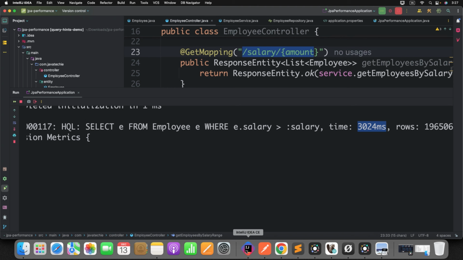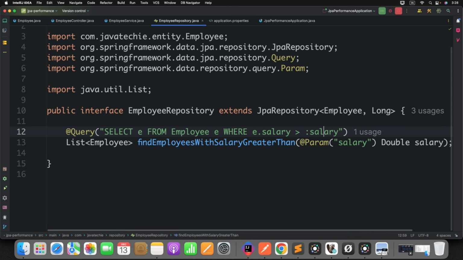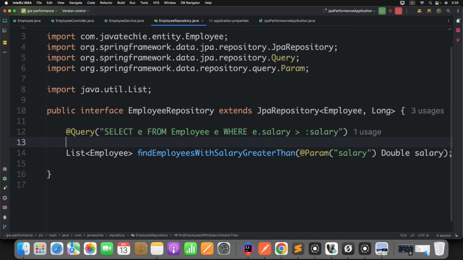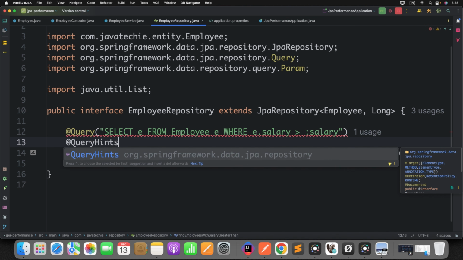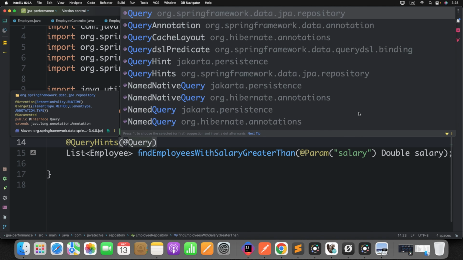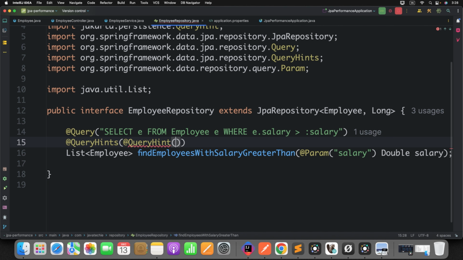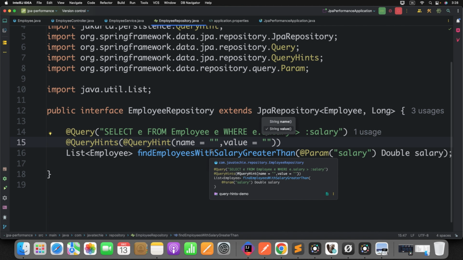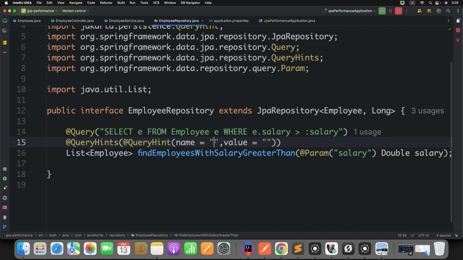Okay, so go to your repo. Then there is a straightforward annotation offered by Spring Data JPA. You can use QueryHints. Then you can define what query hints you want to apply on this query, what is the name of it and what is the value of it. There are so many query hints available. I will cover everything. So let's go with the simple one, where you want to enable only read-only for this. Okay, so you can define something like this: